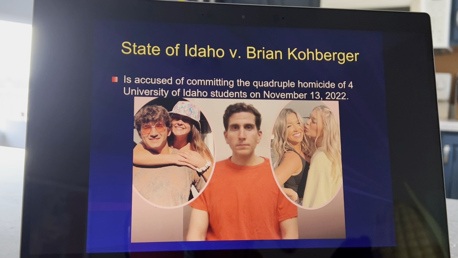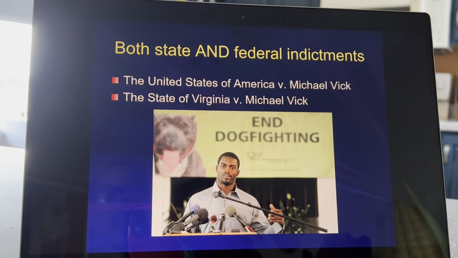So in his indictment, I've seen the probable cause affidavit, but I haven't seen the indictment yet. That would be the State of Idaho versus Bryan Kohberger, because he didn't break any federal laws, okay? But he did break state and local laws, so this is seen as a state level indictment. Now, a single person can be indicted at both the state and federal level, and the local level too. So you can really get 3 types of indictments, but most of the time when you see 2 of them, it's usually you've broken state laws and you've broken federal laws.